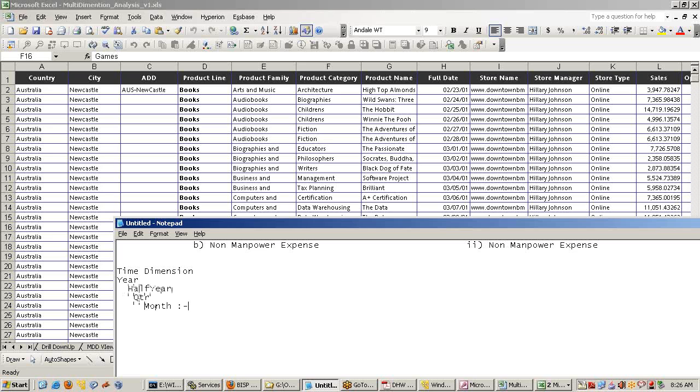So this is my lowest level of granularity. The lowest level of granularity in this example is month. So the most detailed data you can see is month, and most summary data